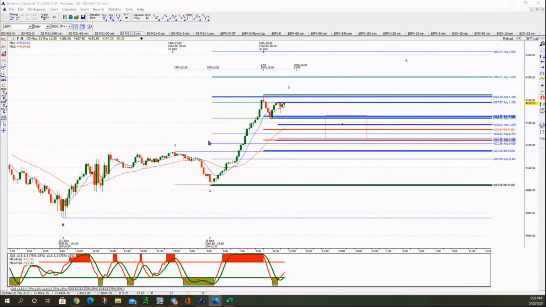Okay, so how would we see if that were true in this case? What we're going to do is get our handy dandy extension tool out, and we're going to measure wave 1, and we're going to take it up here and measure it from the bottom of, let's just pretend this is wave 4 right here. And I don't know if you can see that or not, but it came in right over top of the 1.168 target for this wave 5. You guys see that?